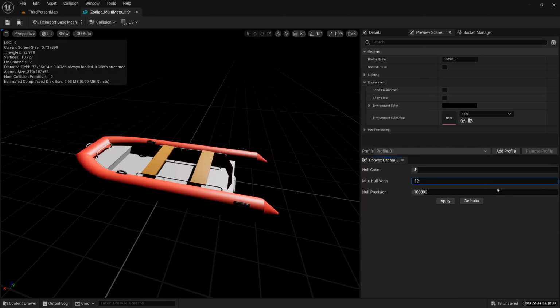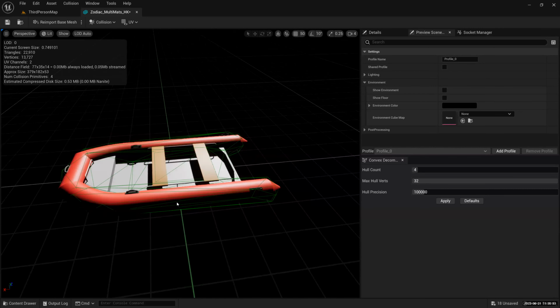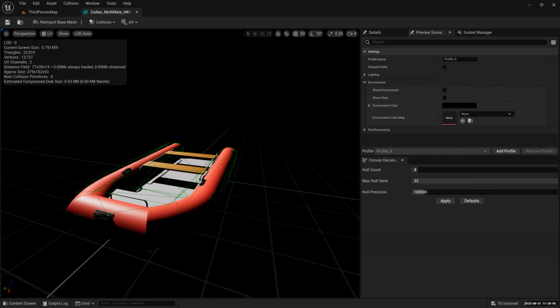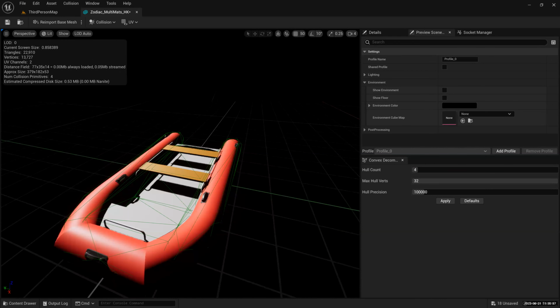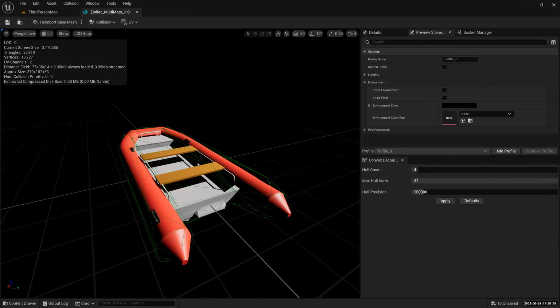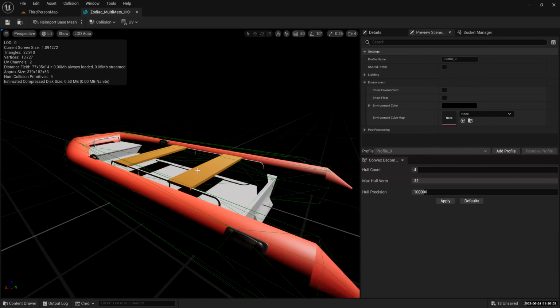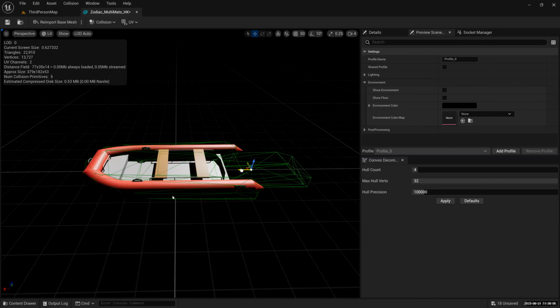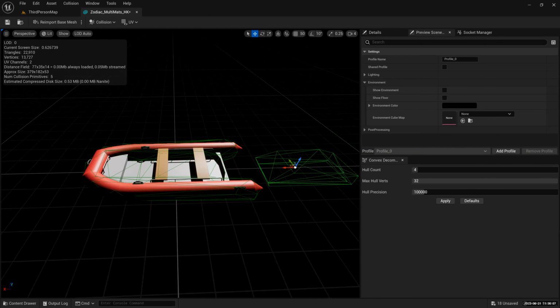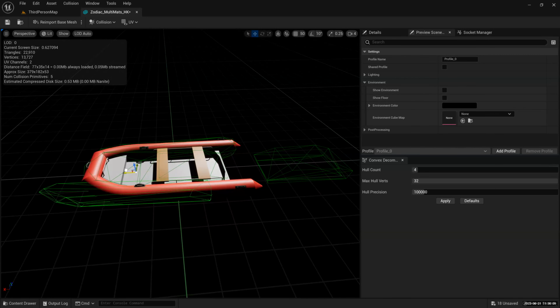Apply. And now we have a very complex version of that. So the higher the number, the more complex it gets. But still, I can see that this time there's another one. Okay, they've created a few. So now we've got a couple of extra polygons that it's created for us. Okay. Let me just undo this, Control Z here.